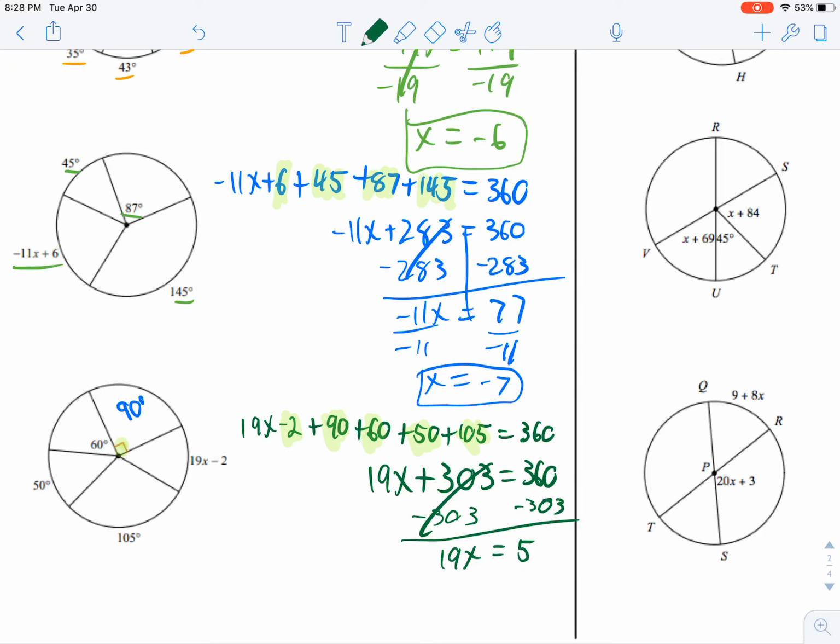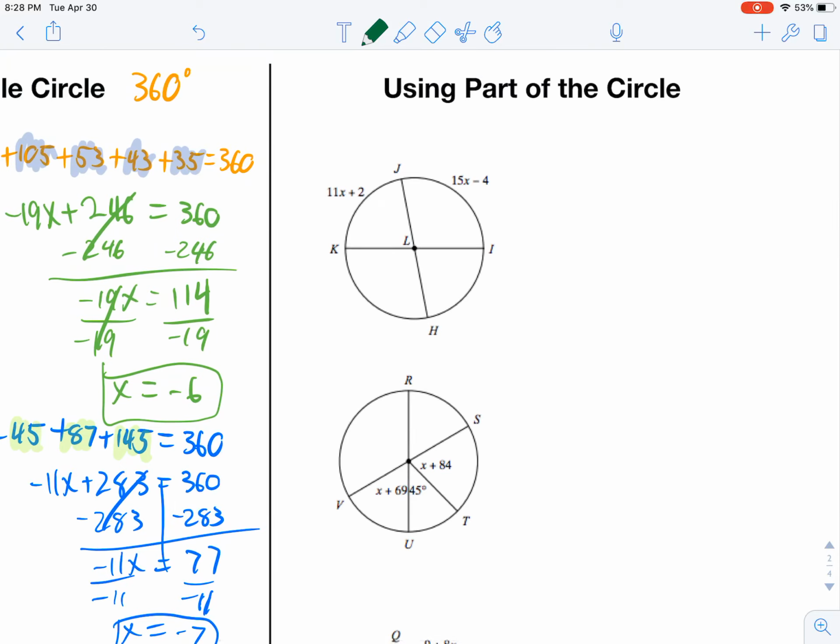Now let's look over to the right side, and we're only going to use part of a circle. Okay, now I want to explain, there's a part of a circle on here that I want you guys to be prepared for, but we're not going to see in any of these examples. So let's look at this first one. You don't have to write this down, just pay attention. Okay, so I have that first arc, arc KJ. Alright, there's another arc opposite of it,